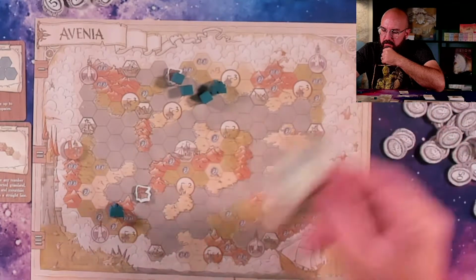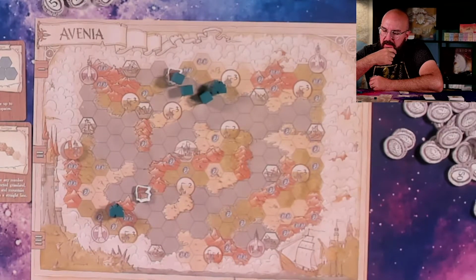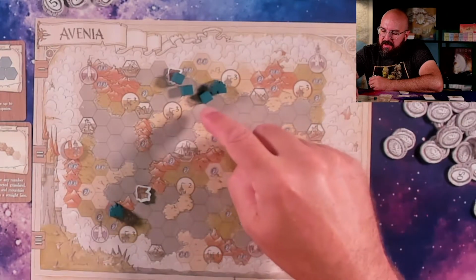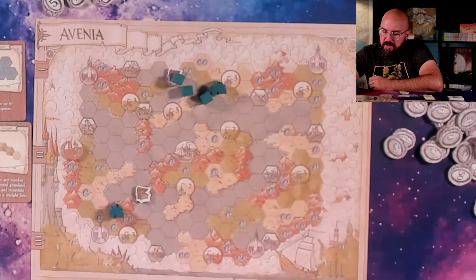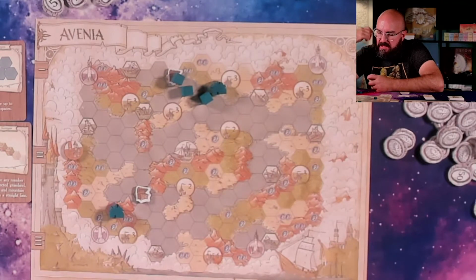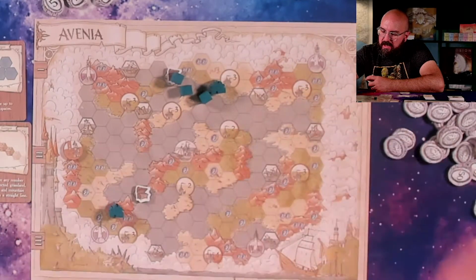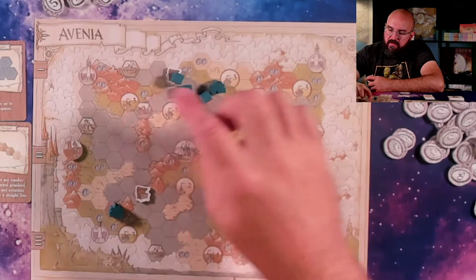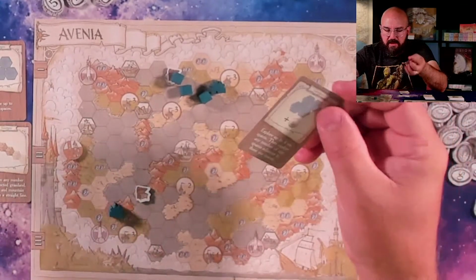Well, we could go do something like 1, 2, 3 and get there with the city one. We could go 1, 2, 3, 4 and do that one with the city one. We could go 1, 2, 3, 4. I like that. That's what we're gonna do. Okay, we're gonna use the city one, not the